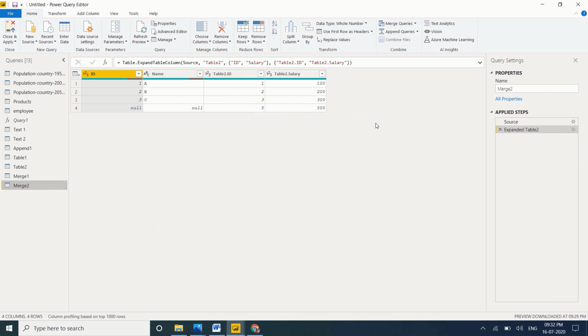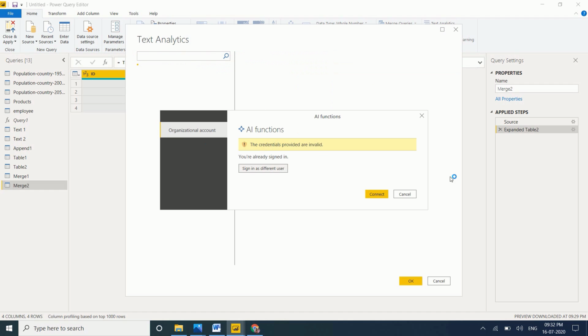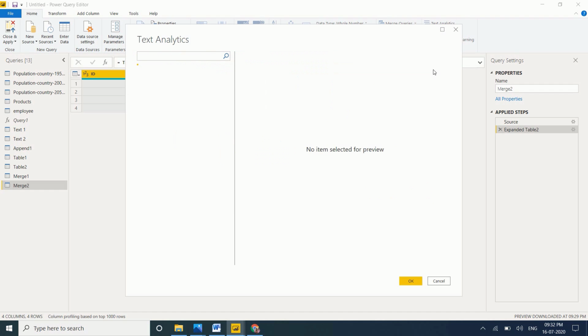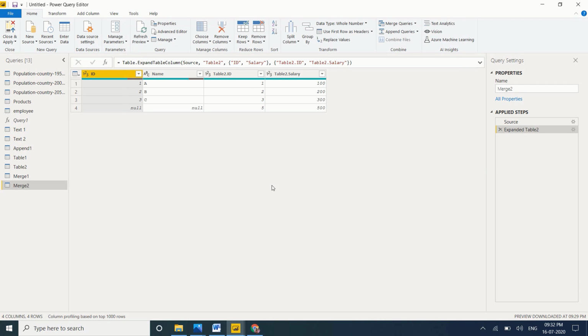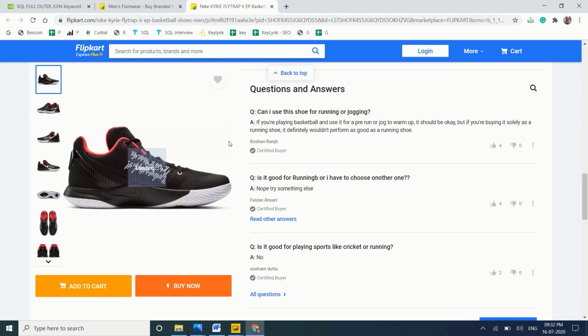metrics. Okay, so what exactly it will do is, so go to text analytics, we need to upload the document. So we need a subscription, right? So it's not here. Okay, we need to upload the document here. After uploading, what exactly it will do is, first of all it will understand the language, in which language they commented, and it will extract the key phrases.